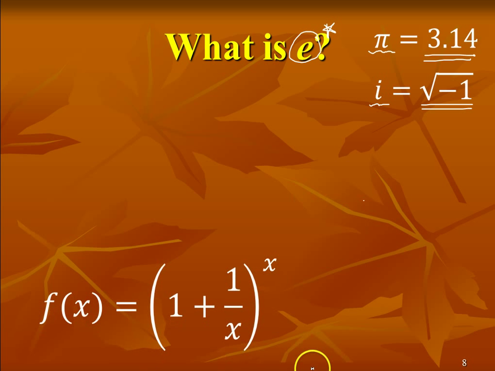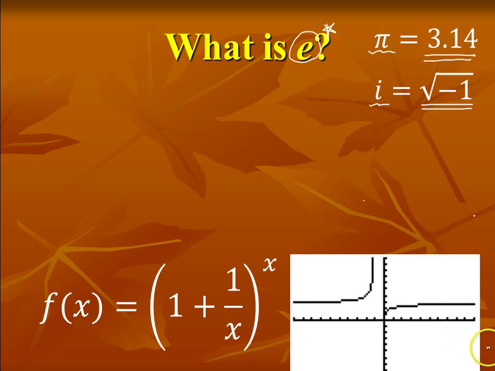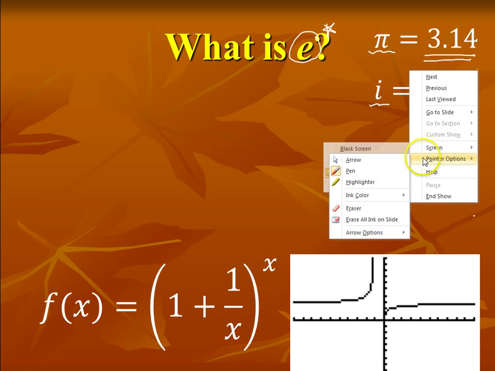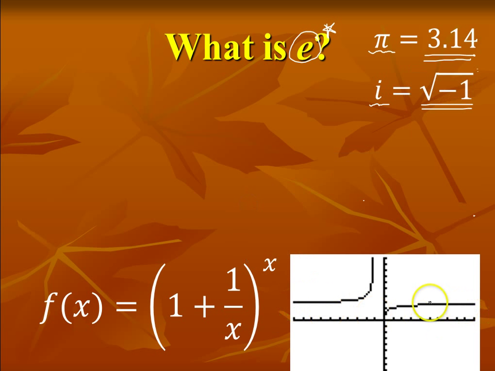E comes from this function. Okay, so I want you to take your calculators and I want you to graph this function so we can see what it looks like. The function of 1 plus 1 over x to a power of x. When we take this function, this is what our calculator shows us. Now, there's something about this graph that I want to make sure that we see. On this graph, right here in the middle,